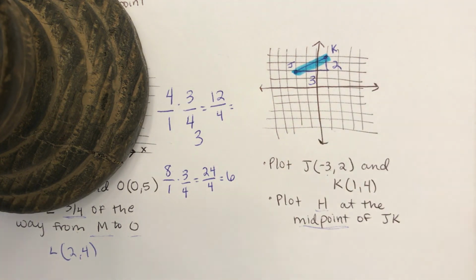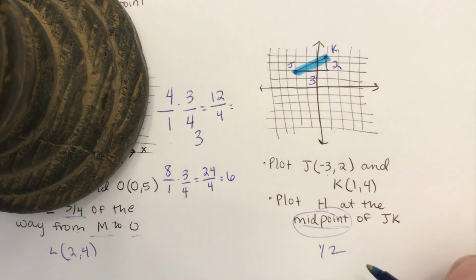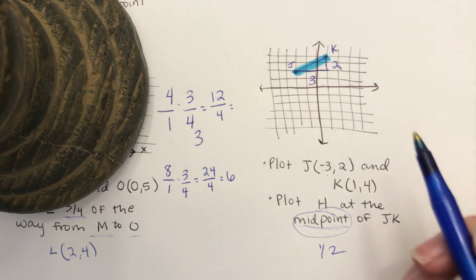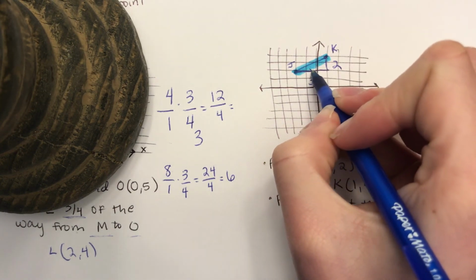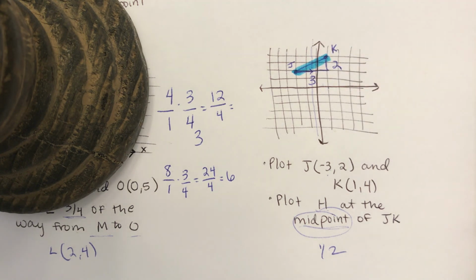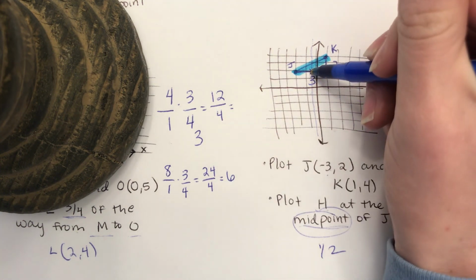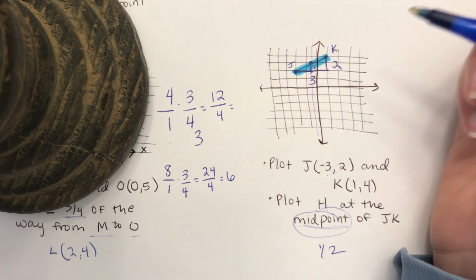Please don't let this throw you off if you get a decimal. So if we're looking at the midpoint, that means we're going halfway. So half of 3 is 1.5. So I'm going to come over 1.5 units. So all that's going to do is it's going to put me kind of in the middle of this grid. So instead of being on a line, it's going to be in between 0 and -1. And then instead of going up 2, I'm going to go up 1,